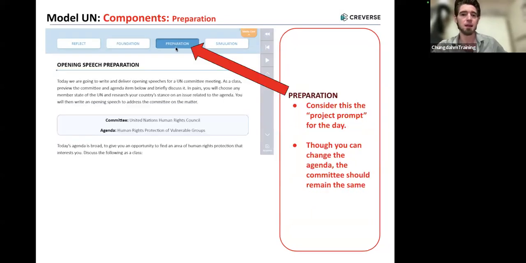Okay, the next component here is the preparation component. There's not necessarily anything you would do with this component in class. It's just showing you that, hey, here's the project we're going to do, okay? In this case, instead of a project, it's an agenda. Okay, important to note here,